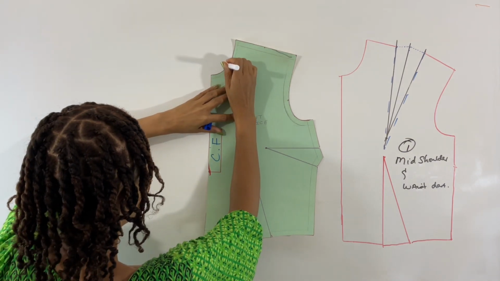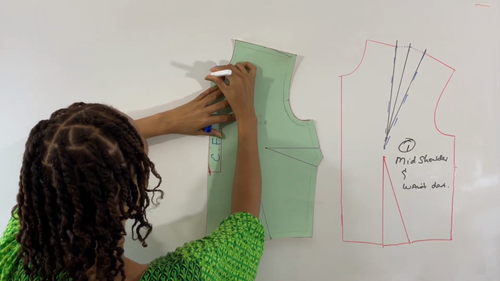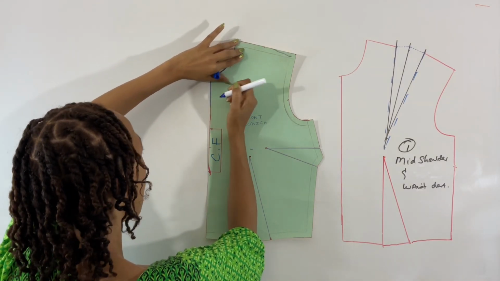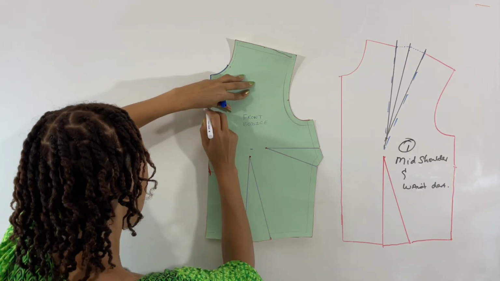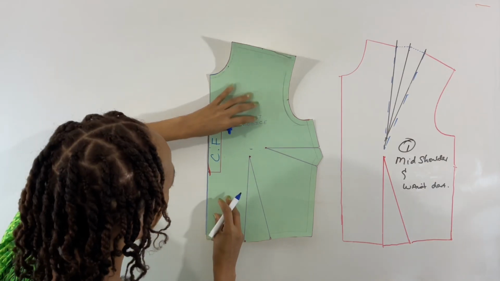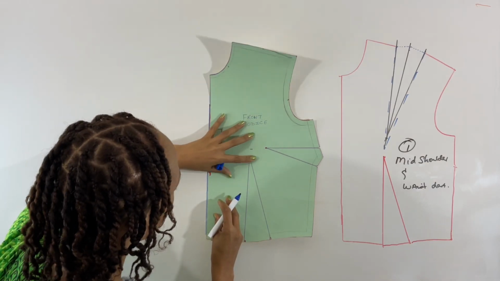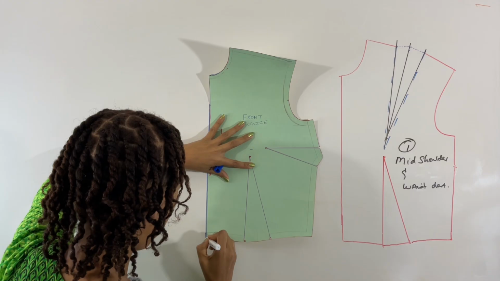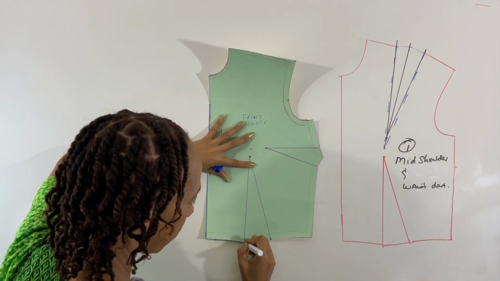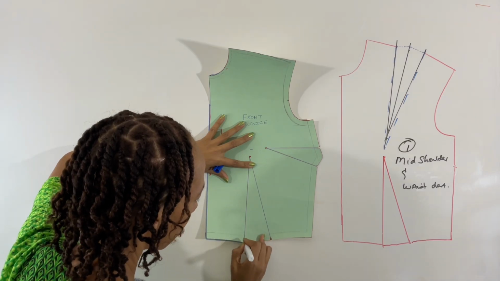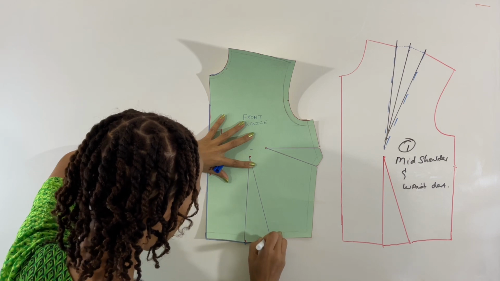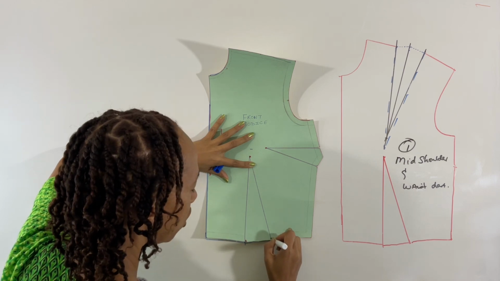So I have this, put your mark there, trace it all around the rest of the neck from the midpoint of your neck. And I'm going to trace down along the center front to the bottom. I'm going to place my finger there at the middle, and I'm going to mark the darts where the notches are. You need that. And you're going to continue